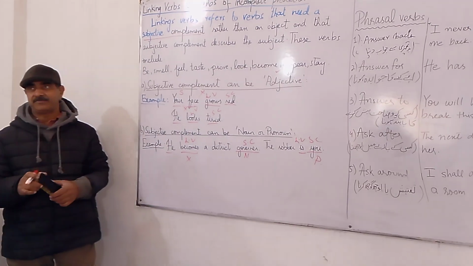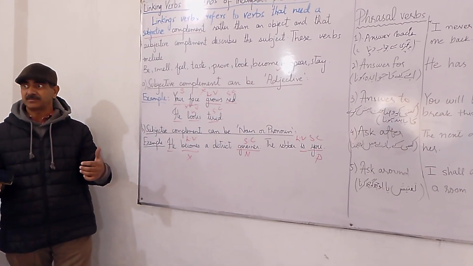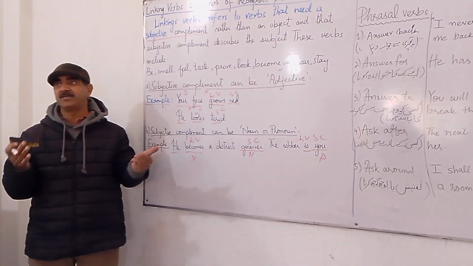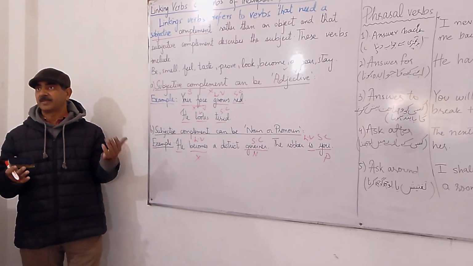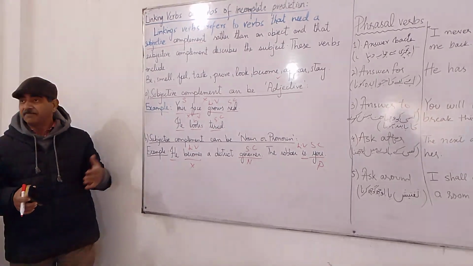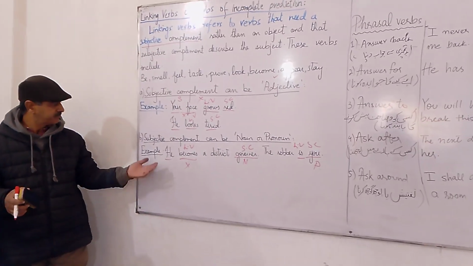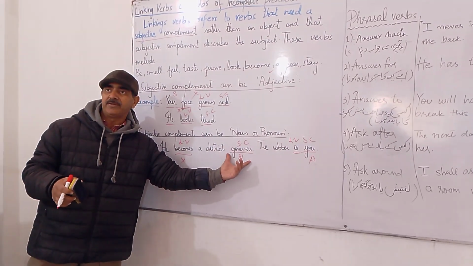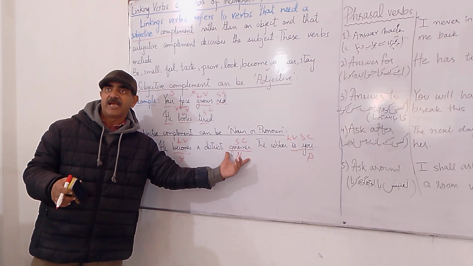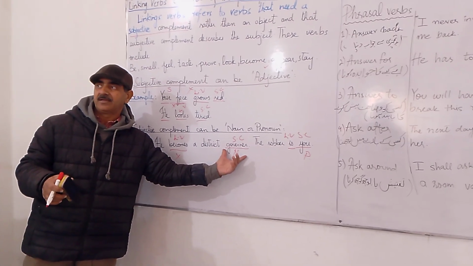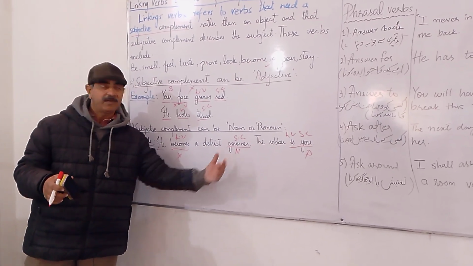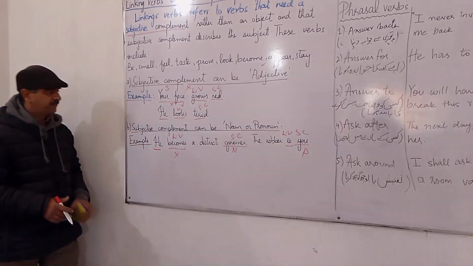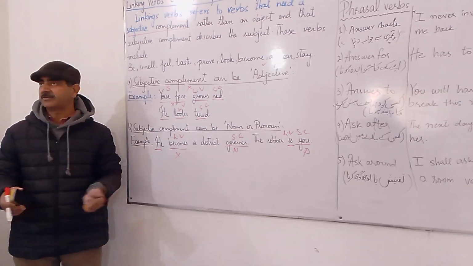Then you understand. If a student sits like a stone with presence of mind, she understands the subject. Clear? He becomes a district governor. So this is a noun functioning as a subject complement. Clear? It is completing the subject he. If I simply say he becomes a district,